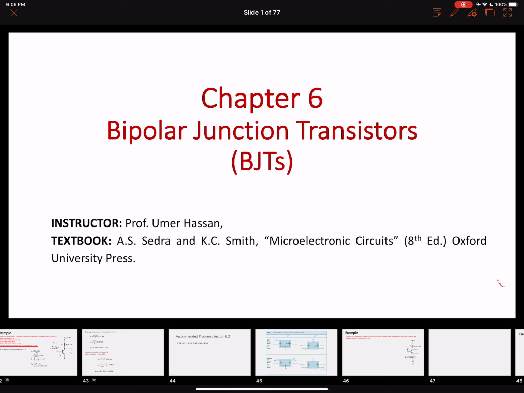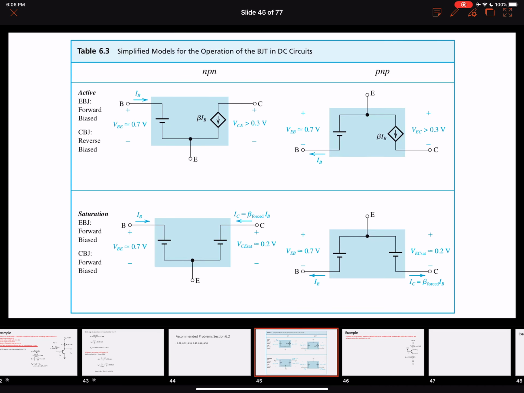the concepts that you have learned so far, you can apply and use to solve some of these example problems. We will see how we can use these bipolar junction transistors in DC circuits and how to solve these circuits. Okay, before we jump to these problems, here is a very simple overall